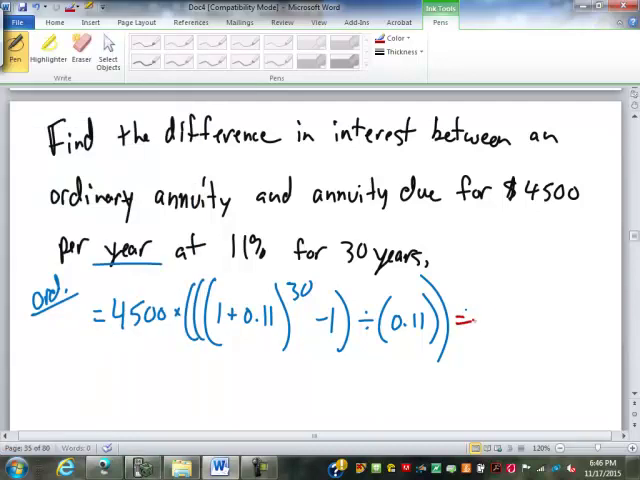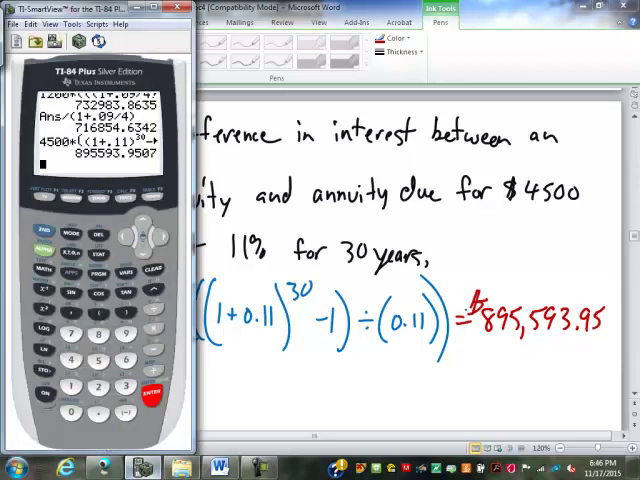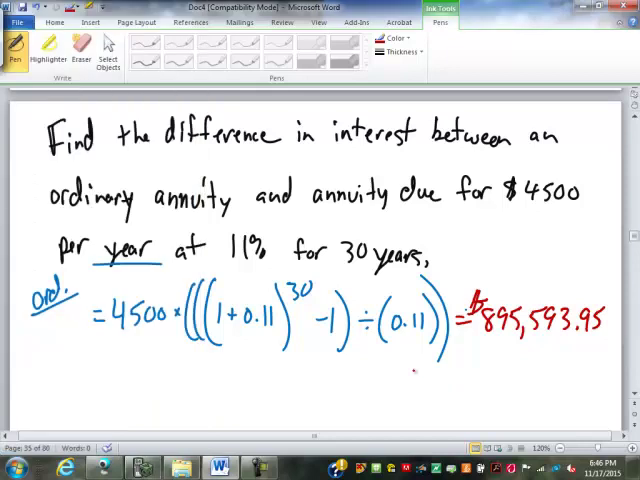$895,593.95. How many of you came up with that? Perfect. $895,593.95. So now for an annuity due,